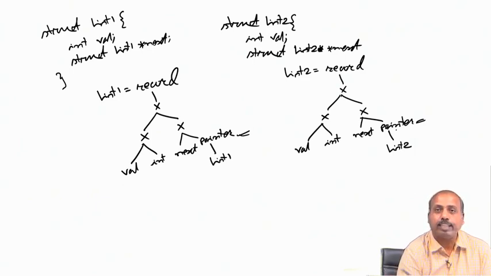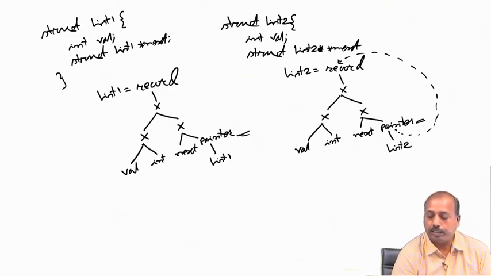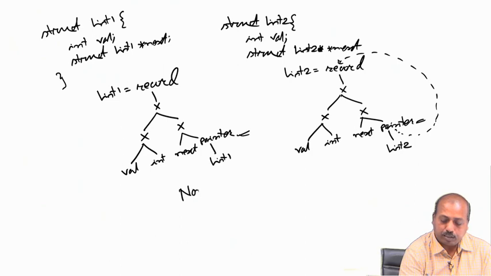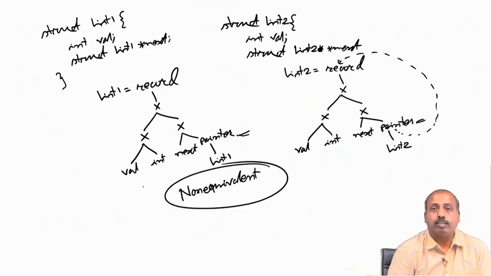This is an acyclic representation. Even if we have a cyclic representation, where instead of doing it like this we give it back to this point, it does not help, because here also it is telling that it is a pointer to list2. As we said, the equivalency check stops when it reaches the basic structure. It will stop at this point and find that this is list2 and this is list1, their records are different. So, they are non equivalent. Whatever way we represent it, these two types are non equivalent types. Thank you.